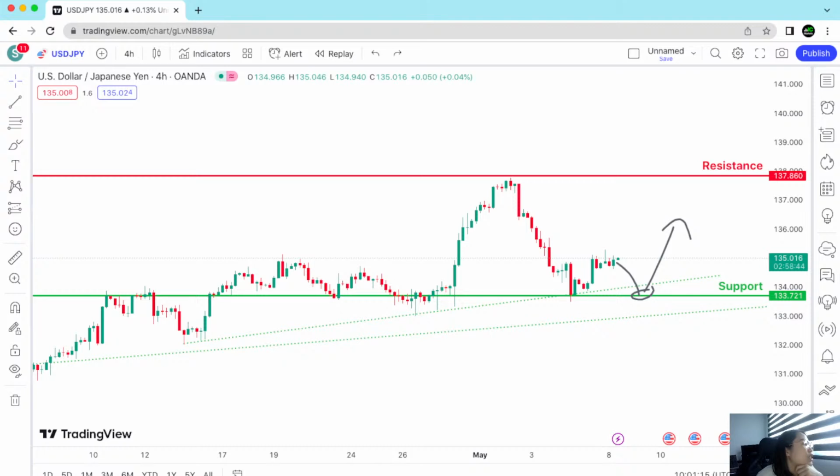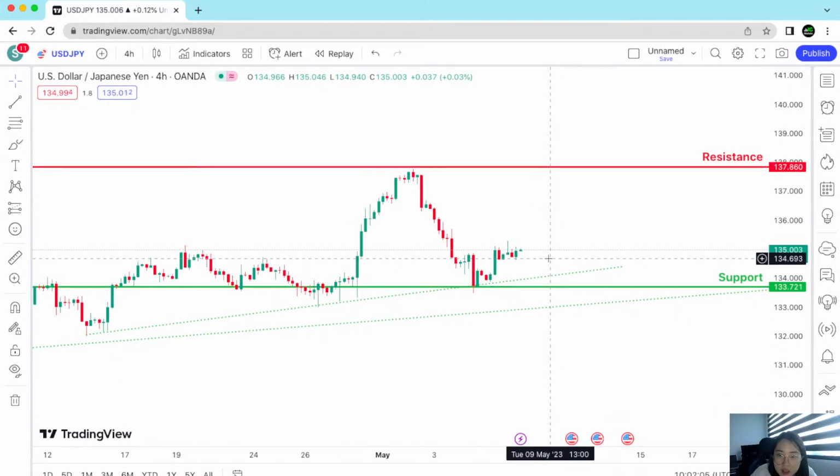Like if a rocket ship were to launch up, it won't suddenly turn back down. It won't suddenly lose momentum unless something's wrong with the rocket ship, maybe the engine's not working, maybe there's some kind of error. So if price comes back the second time, I wouldn't even want to enter anyway, because it makes me question why it came back a second time. So I think this should be on the way to the resistance. But if this is on the way to the resistance, that means we should be looking for an entry for a buy, right?